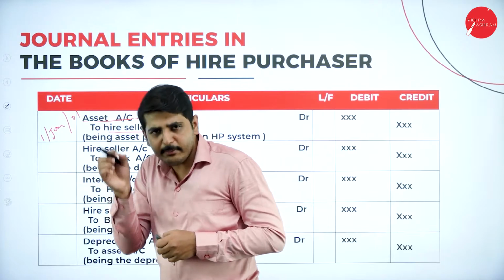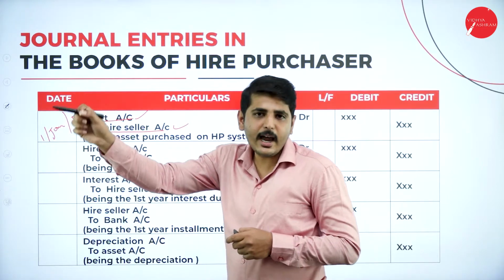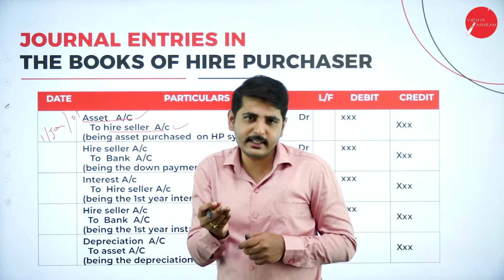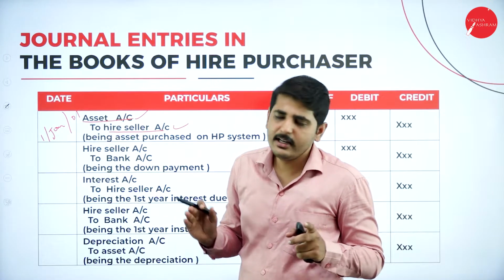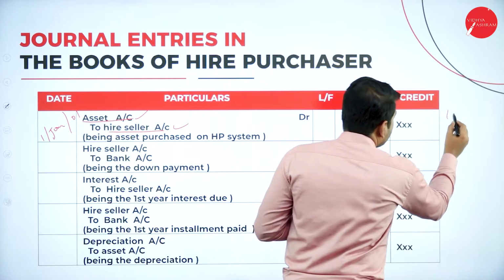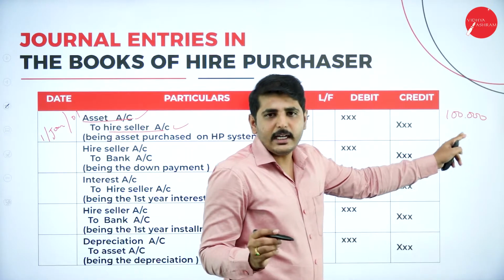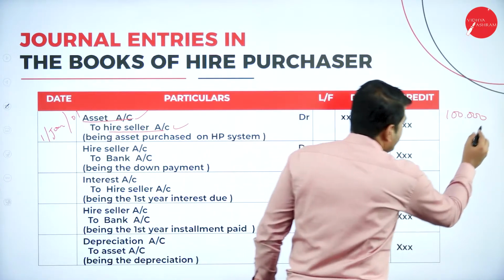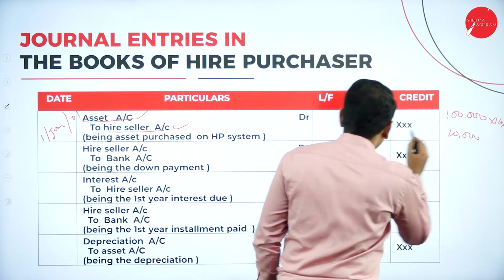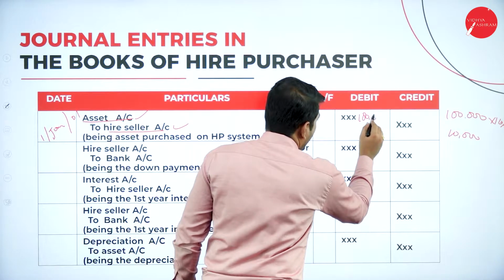Now next, on the same day when you purchase the asset, you have to make a down payment, isn't it? On the same day when I purchase my bike, I have to make some down payment. See, down payment usually will be 10% or 20% of the asset. It is not 100% of the value of the asset. For example, if I purchase an asset for 1 lakh rupees, the cash price of the asset is 1 lakh rupees. Let's assume 10% as down payment. It will become 10,000. So here, when I purchase the asset, I have to write the cash price of the asset. What is the cash price? 1 lakh rupees is the cash price.